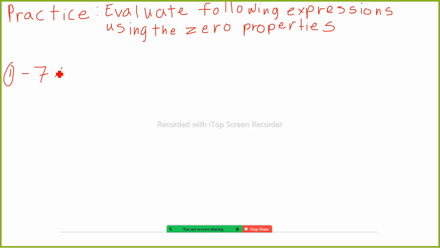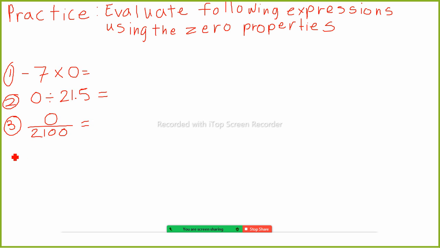-7 multiplied by 0 is what? Zero divided by 21.5. 0 divided by 2,100 is what? Zero multiplied by 6/14. 0 divided by